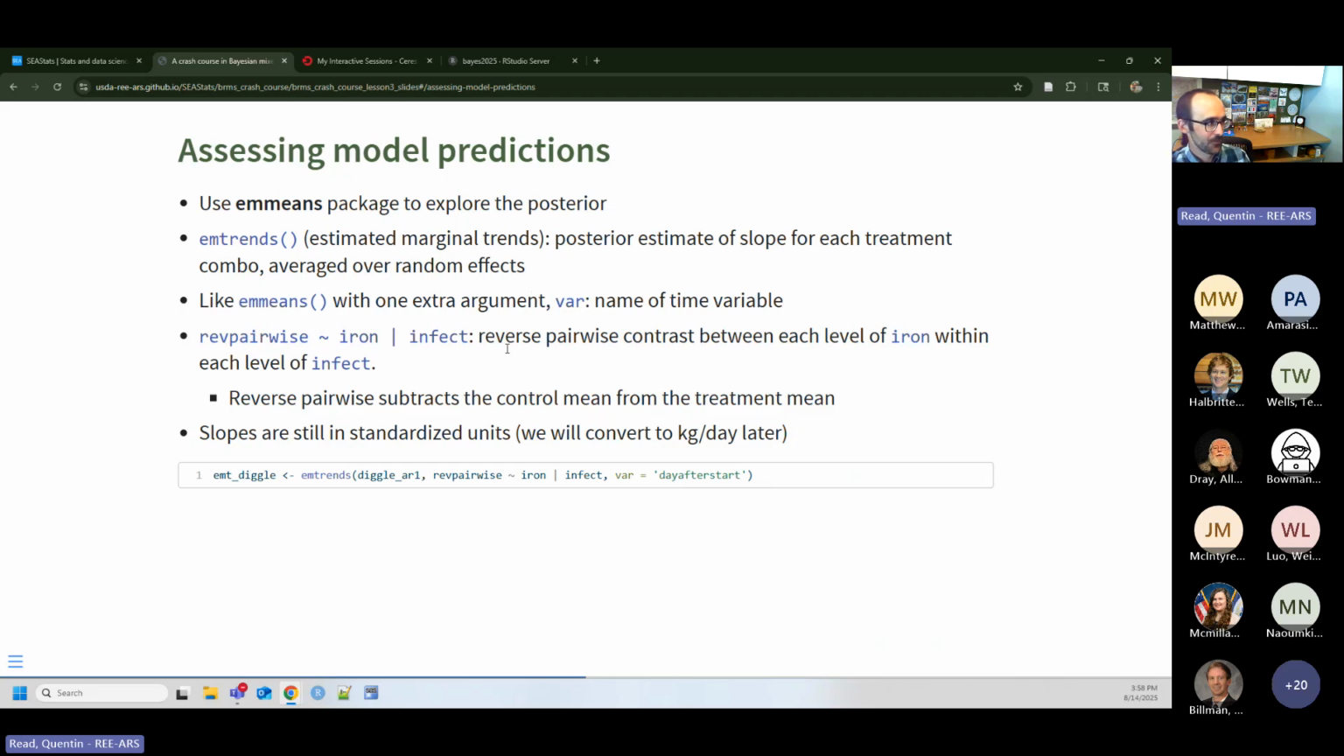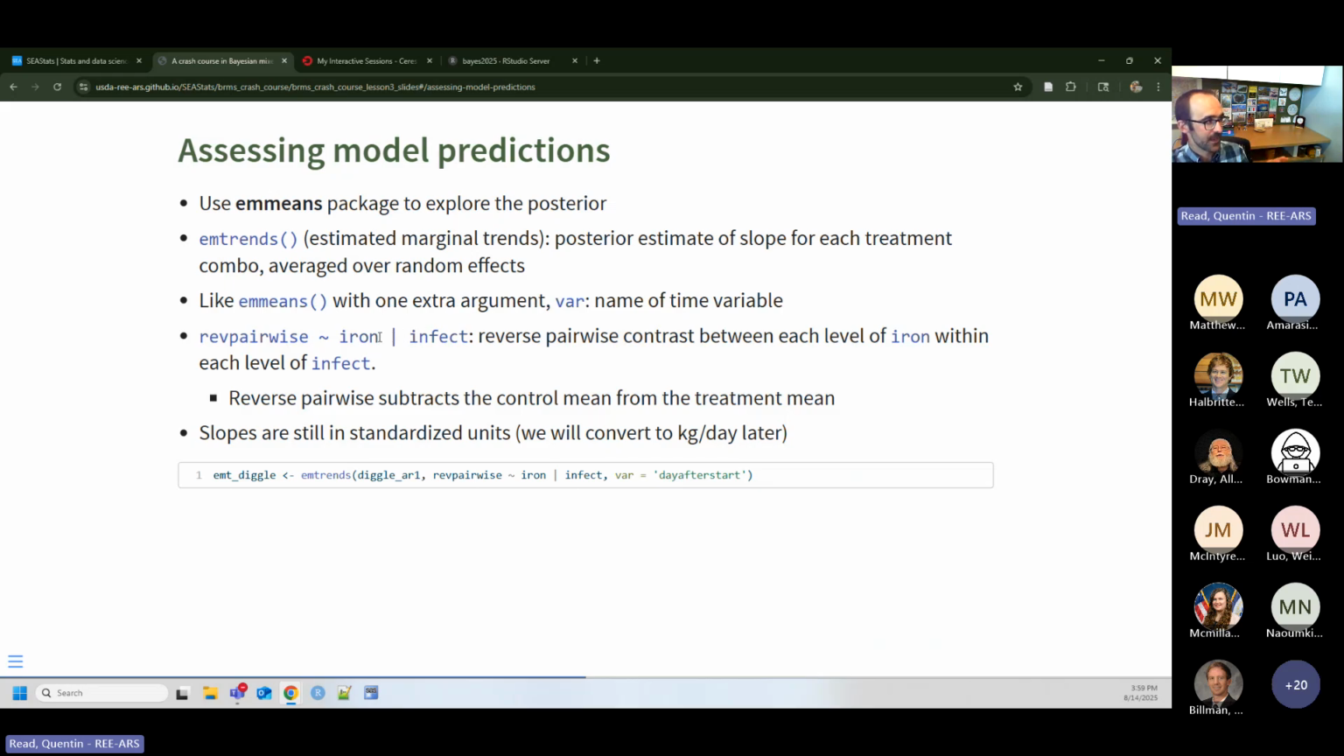Let's say we wanted to know the rate of weight gain over time. How did it differ between treatments? We can use this function called EM trends, estimated marginal trends, to get a slope for each of the 4 treatment combinations, like the 4 thick lines we showed on our graph before. Do they have different slopes averaged over the random effects? We're going to do reverse pairwise contrasts, contrasting the iron supplement versus no iron supplement